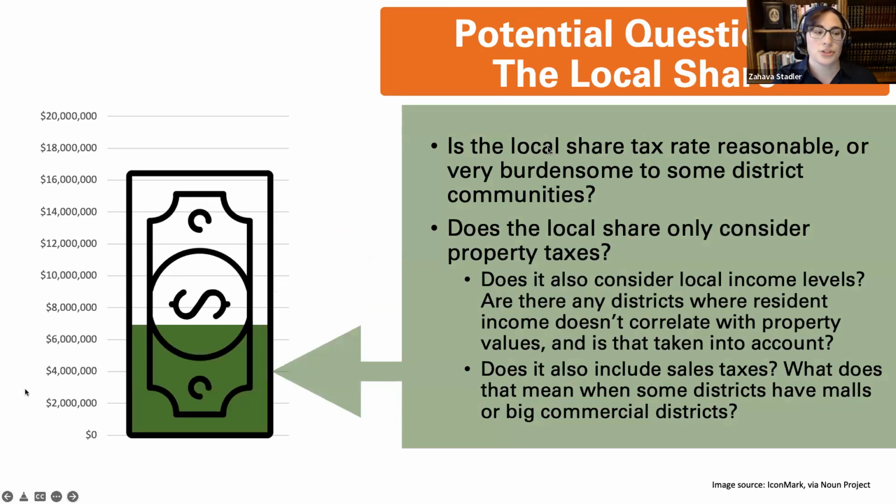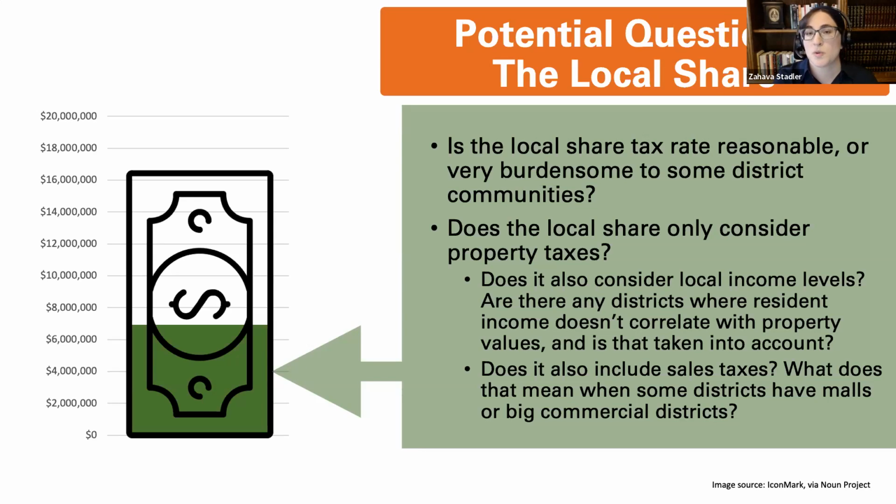And then on the local share side, so I mentioned that there's a way of calculating the expected local contribution from local funds. So remember, the point of this is that not every district has the same ability to raise local dollars for education. And if the state didn't consider those differences, let's say they just funded half the target amount automatically, some districts would struggle to make up the other half. Others would very easily be able to cover that and then some. So there's some kind of mechanism usually to rebalance that.